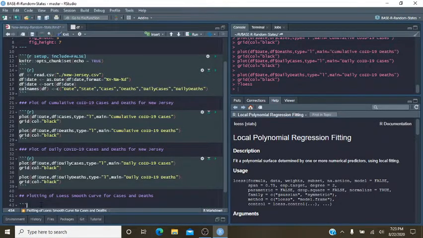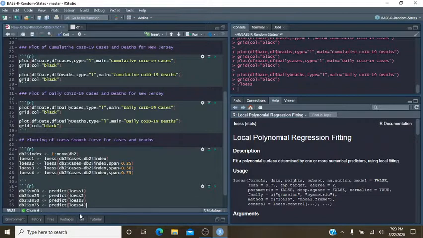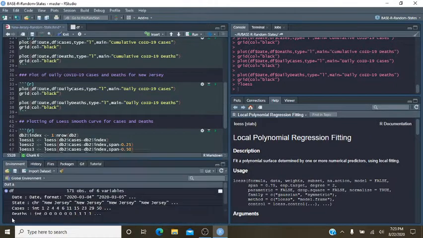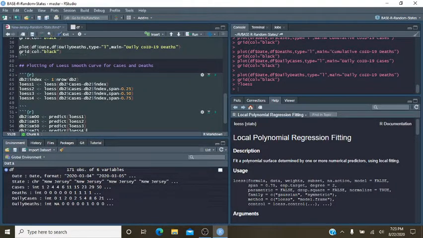Actually, I think we need to see if we got it here. Yes, we do. What we're going to do is df2, daily cases, and this should be date. df.